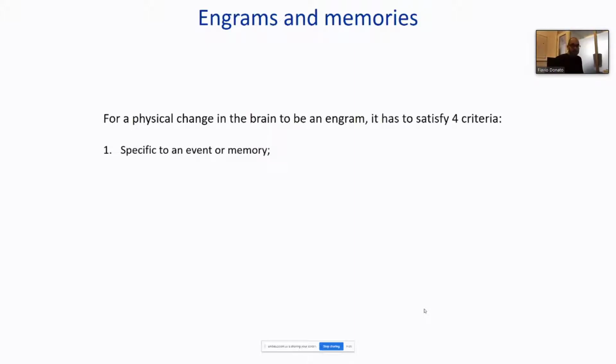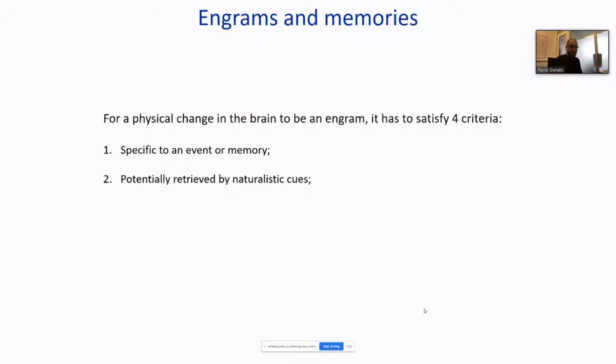First of all, that change must be specific to that event or that memory. In this definition of an episodic memory, specificity is actually quite an important criterion. It has the potential to be retrieved by naturalistic cues, meaning that, as Simon said, if you provide the same sensory stimulus, or a reminder sensory stimulus, that might make me remember the moment in which I saw the parade in front of me, I should be able to reactivate that memory trace,